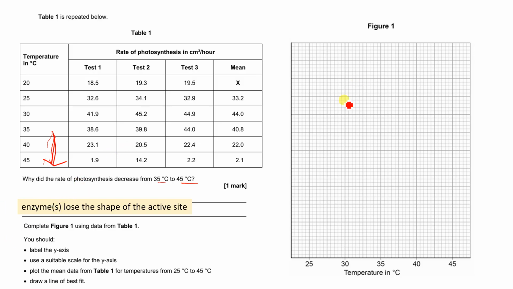Now complete figure 1 using data from table 1. Okay, table 1. They've given us temperature here. Remember, this is your x-axis always. Your independent variable is always your x-axis. So this is x, and this will now be y, because we want to plot against the mean data. For your y-axis, you need to label it. I'll write the mean rate